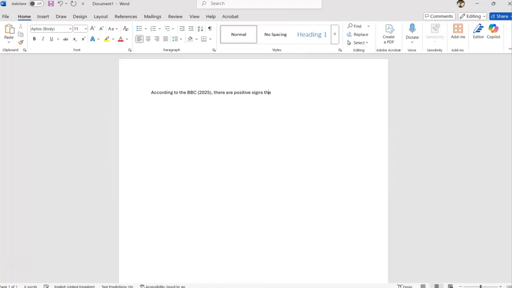positive signs that pine martens are flourishing after having been released into the wild on Dartmoor. Okay, so you'd obviously carry on writing whatever it is you're writing about and whatever it is the